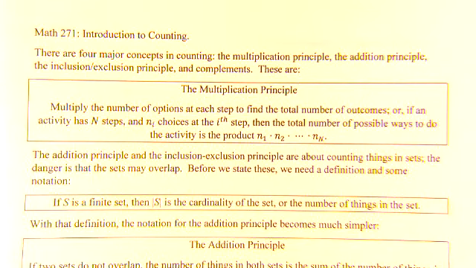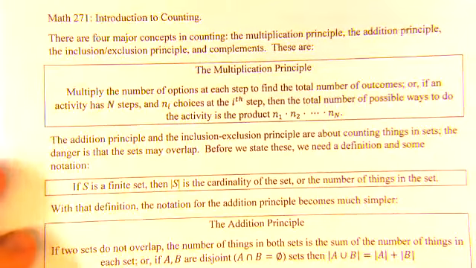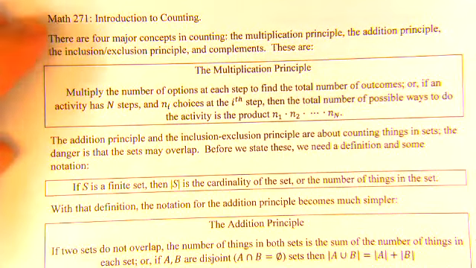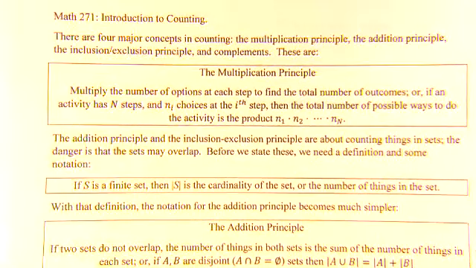Okay, so we're going to shift gears from graphs, and we'll go down to chapter 6, which is a little bit about counting and probability. So counting is harder than you'd think, right? It's not just 1, 2, 3, 4, 5, 6. There are 4 major concepts that we want to think about in counting: multiplication principle, addition principle, inclusion exclusion principle,